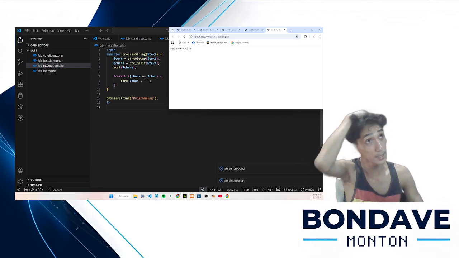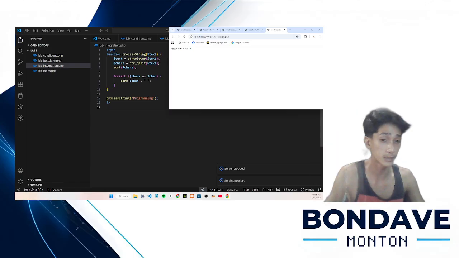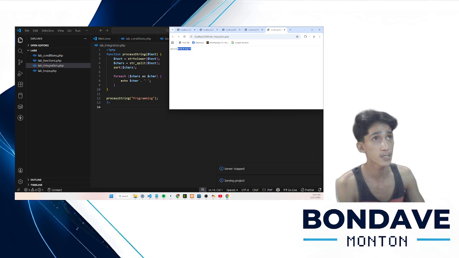Now as I've said earlier, this string is converted to lowercase.